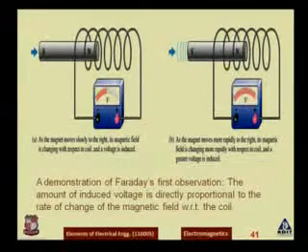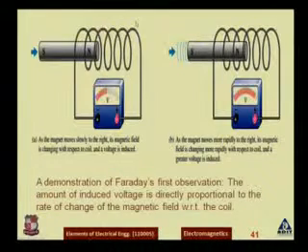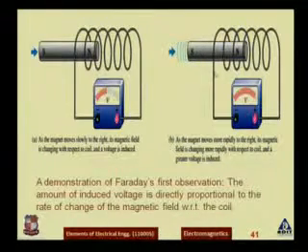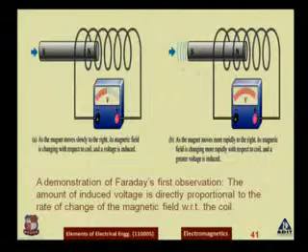So here Faraday's first law demonstration is observed. If you are moving a magnet through a coil, what will happen? As the magnet moves slowly to the right, its magnetic field is changing with respect to the coil, and voltage is induced in the circuit. That induced voltage is measured in volts. Now if I do the fast operation and move this magnet fast, what will happen? The EMF, or the voltage that is induced, will be higher.